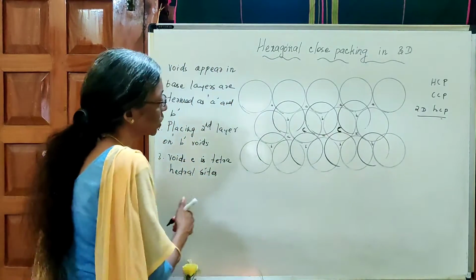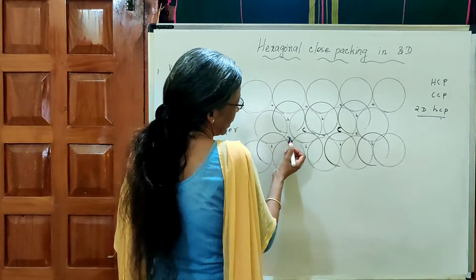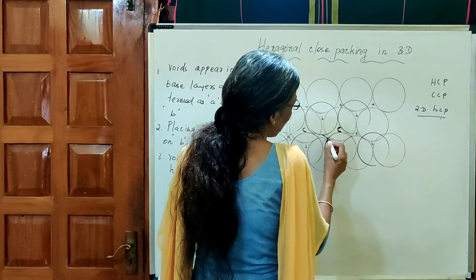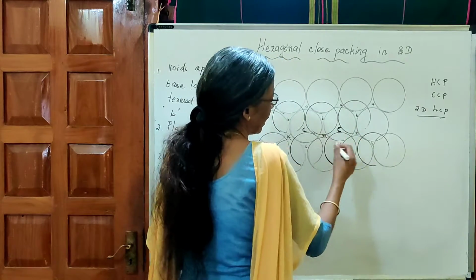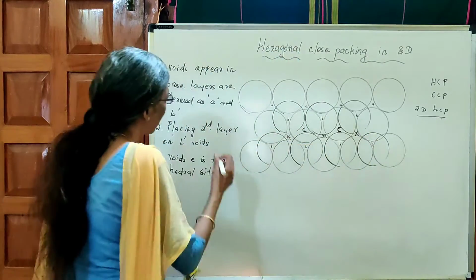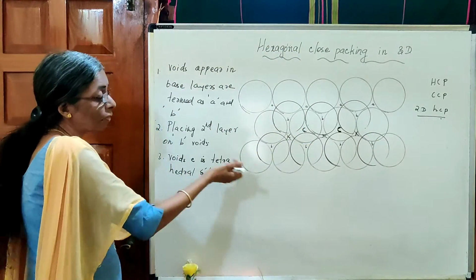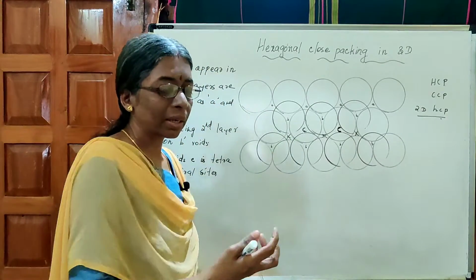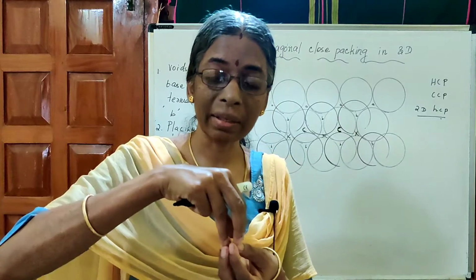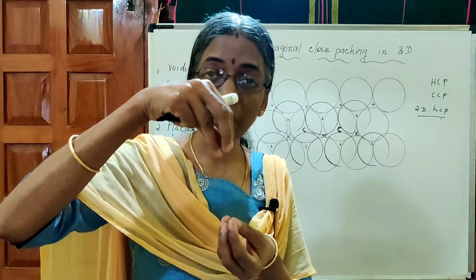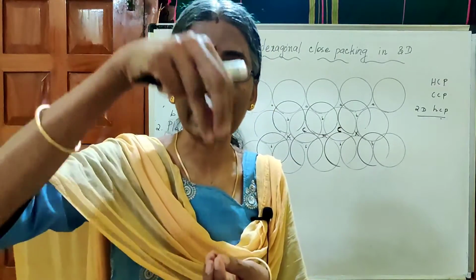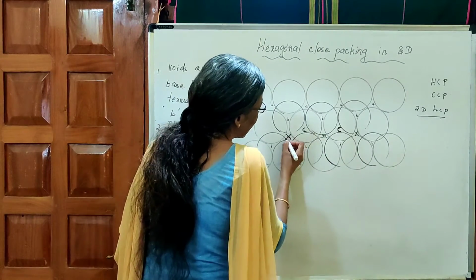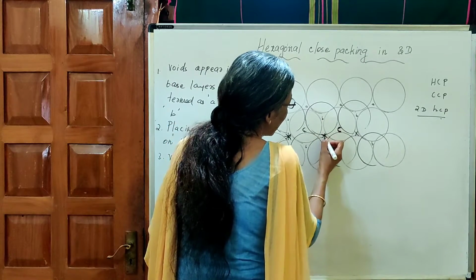Okay, now next, you see the voids A. Already we had made this void from the first layer. You see the voids A already from the first layer. Then after placing the second layer also, the same void is there. What does it mean? The voids which appear in the first layer coincide with the voids which are placed in the second layer. So these voids, marked here with an asterisk sign,